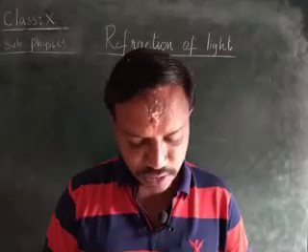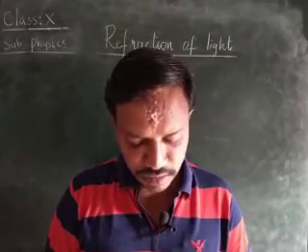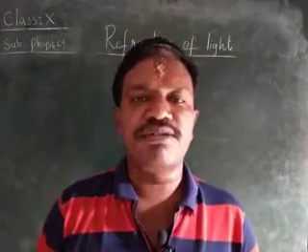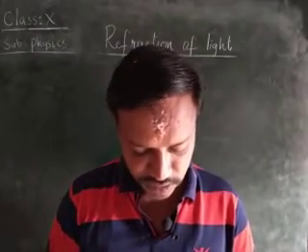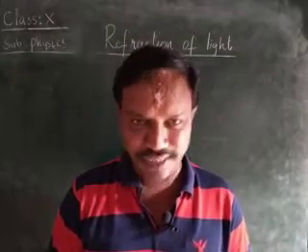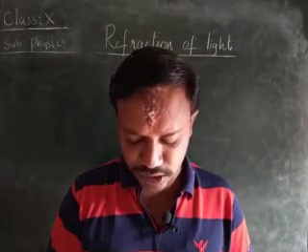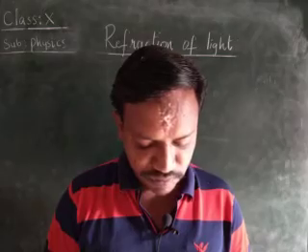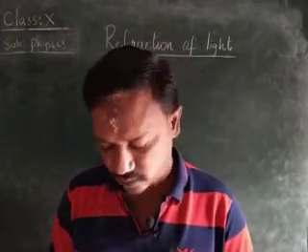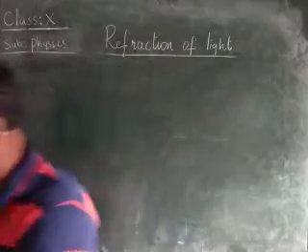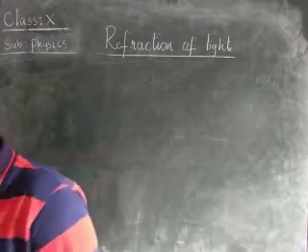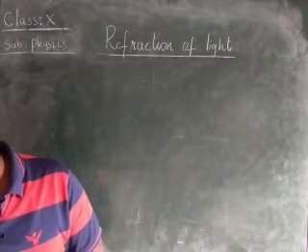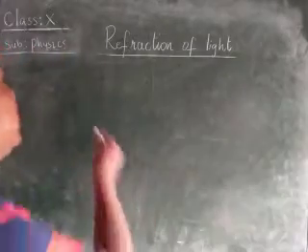See the third question, children. The focal length of a converging lens. Converging lens means, is it convex or concave? Convex lens. The focal length of a converging lens is 20 centimeter. An object is 60 centimeter from the lens. Where will the image be formed? What kind of image is it? He is asking where the image is formed and what kind of image is formed, children.